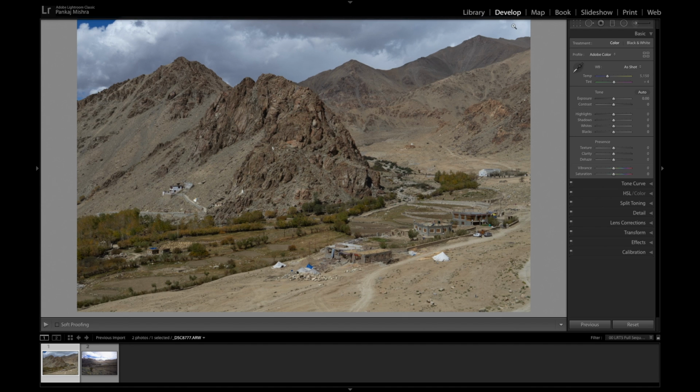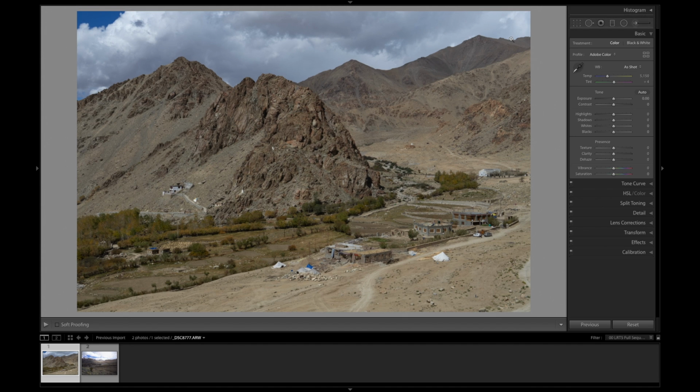Today we are going to discuss how we can utilize the brush tool in our photo editing workflow. As in our last video, we talked about the basics and location of this tool in Lightroom. So if you missed my last video, then I request you to watch it to get a better understanding of this tool. Only thing you need to do is click the pop-up link of the last video on the extreme right corner of your screen.